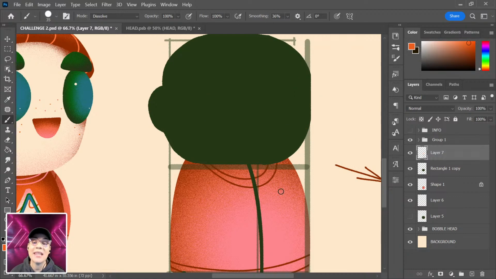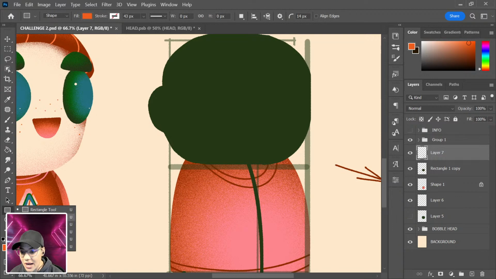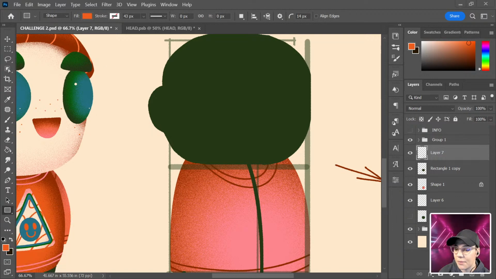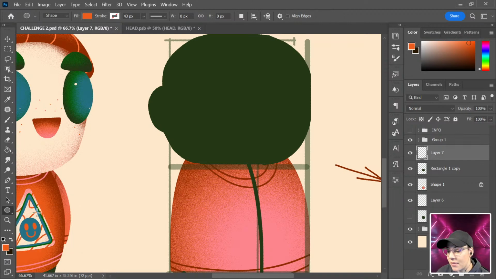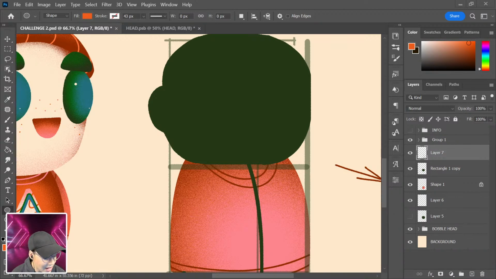And you can do this very easily if you're an illustrator with just drawing things out. But you can also do this with your shape tools. So we'll come over here, we'll right click, and I think I'm blocking my shape tool, so I'm just gonna pop over here real quick so you can see this. The shape tool is right here. And you might see the rectangle or ellipse or triangle depending on what is default or what you have used previously, but we're going to grab our ellipse tool and I'll pop myself back over to that other end of the screen. And with our fill set to this bright color, we can just drag out first an oval shape,